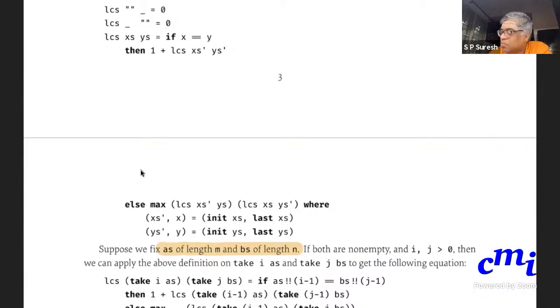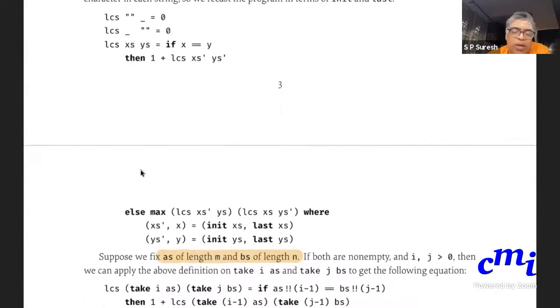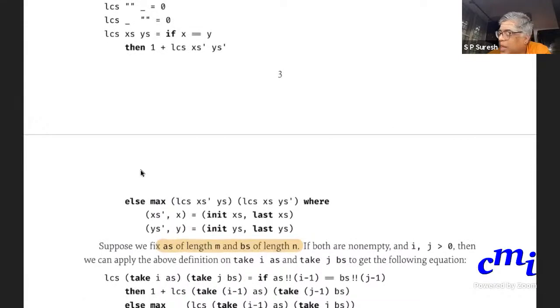Now, if both A's and B's are non-empty, and let's say i and j are greater than 0, then you can apply this definition here, this LCS x's y's, on LCS take i A's and take j B's.